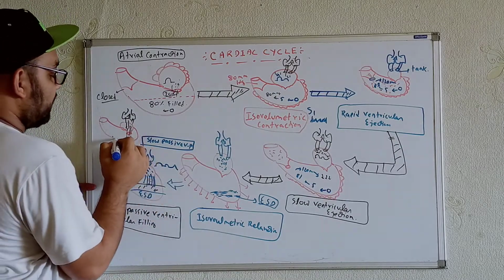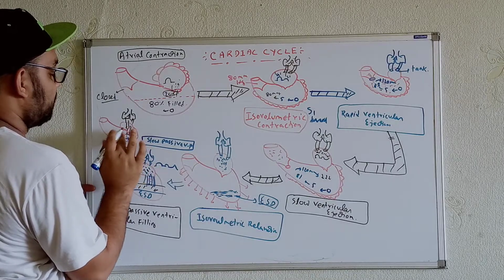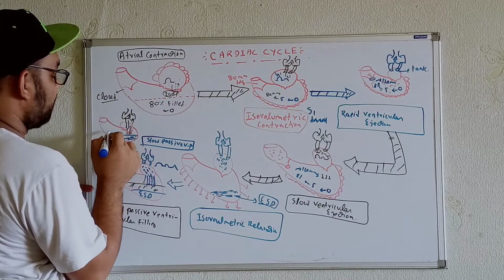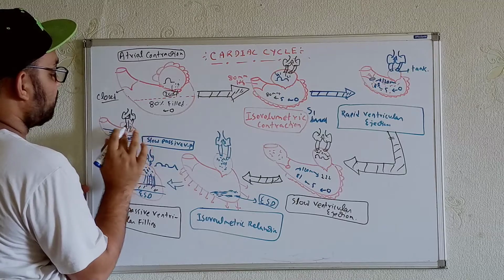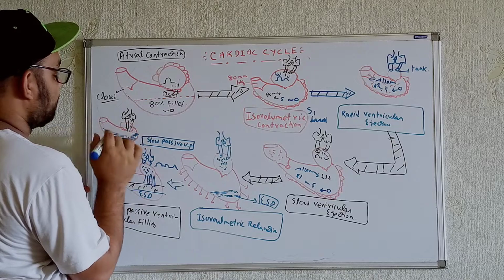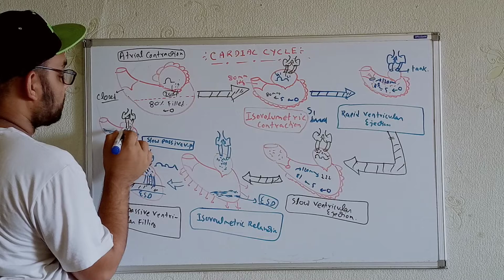Now first we got over here the systolic volume, then we got the rapid passive ventricular filling. After that we got slow passive ventricular filling. Now it will be around 80%. It will be around 80%, applies for my diagram. Okay, it will be around 80%. Now the rest 20% of the blood,